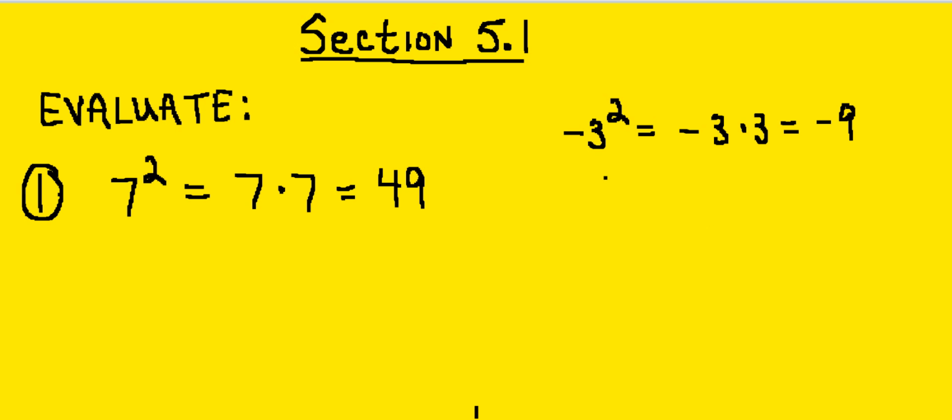Okay, as opposed to negative 3 in parentheses raised to the second power. Then this tells me, the math gods are telling us, that negative 3 is the base. That's why they need to enclose it in the parentheses. So therefore this would be negative 3 times negative 3, which equals positive 9. Okay,